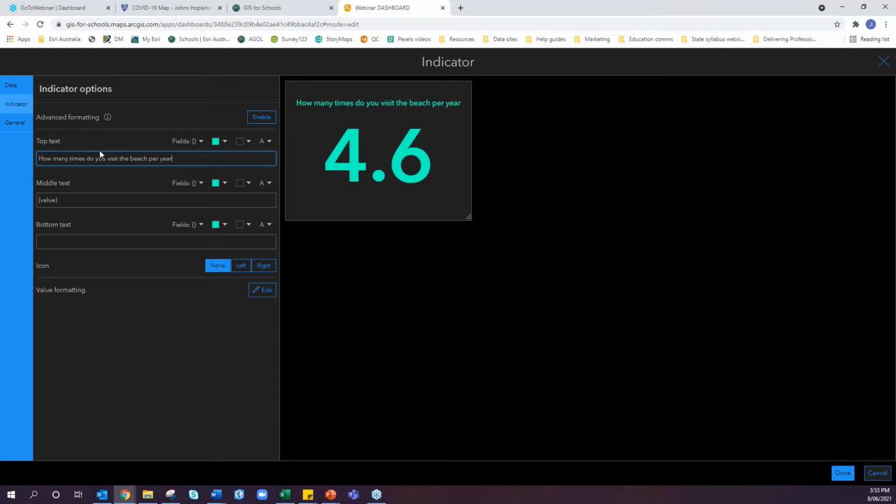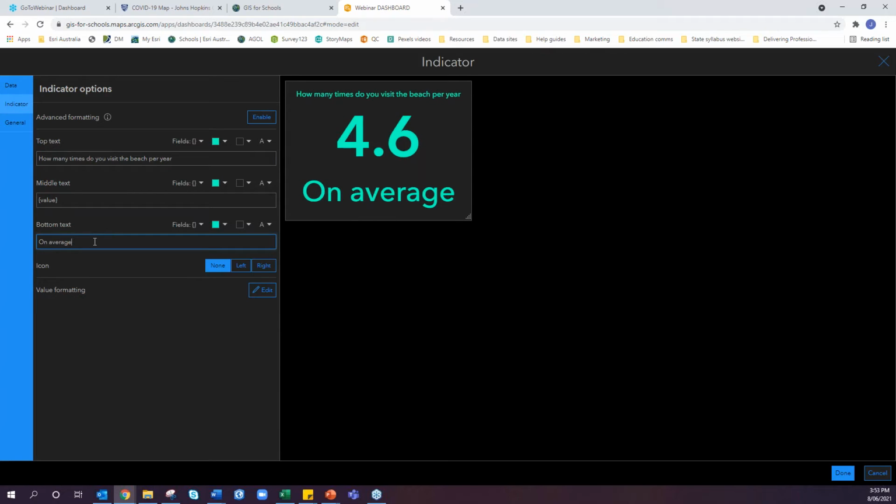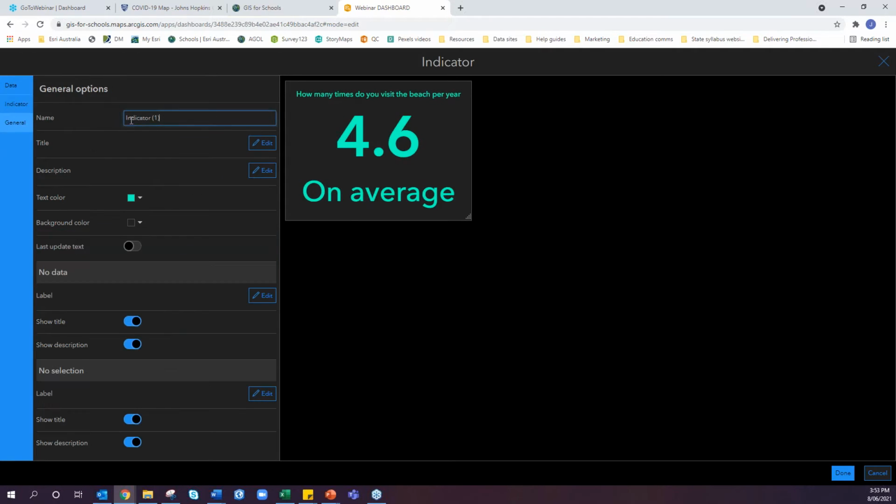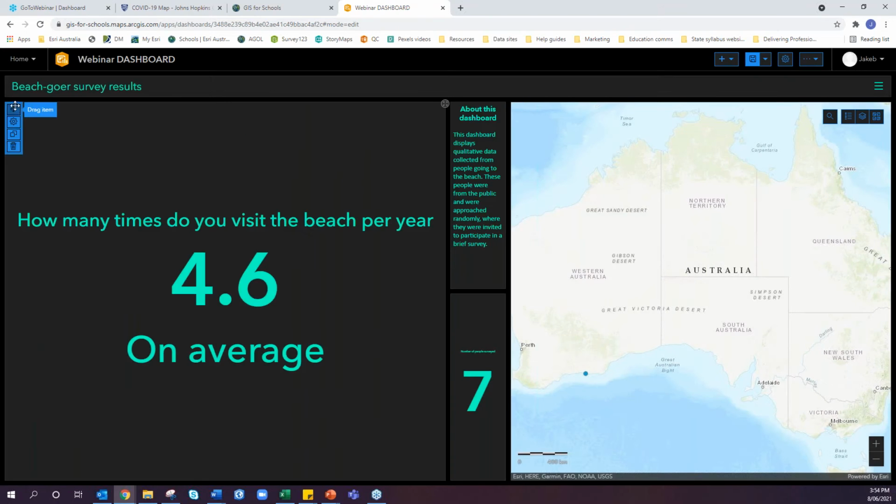And it might be worth putting this time in the bottom, on average, or something like that. Again, I like to name my panels: count average visits to beach per year. And I can make those additional changes if I want to. There's no point putting a title in because I've used top text and bottom text, so that serves the same purpose as well. I'm going to hit done, and I'm going to drag it in and keep it on this